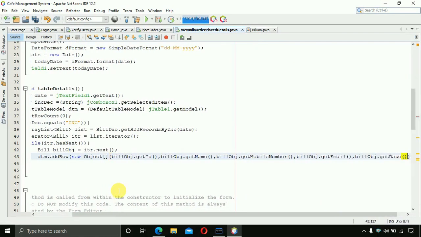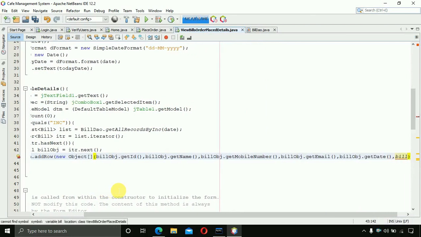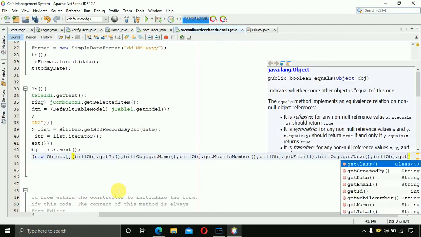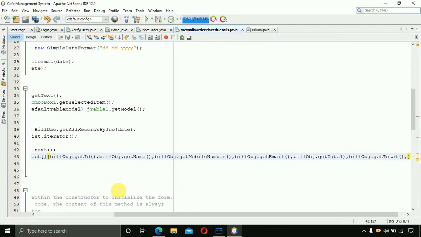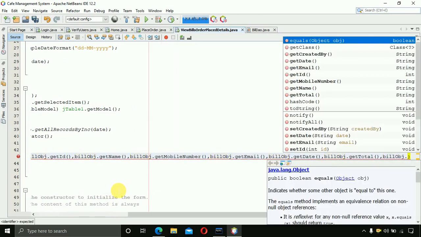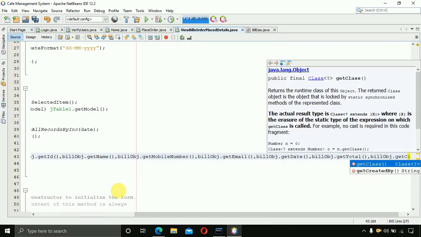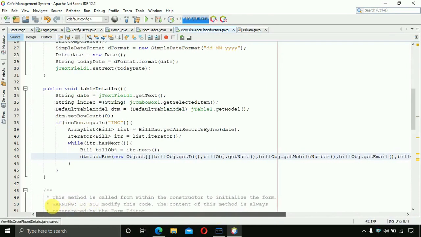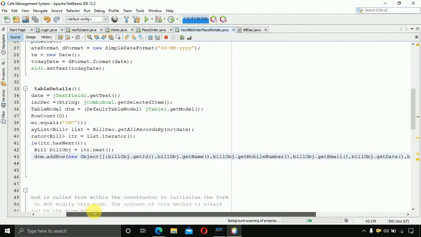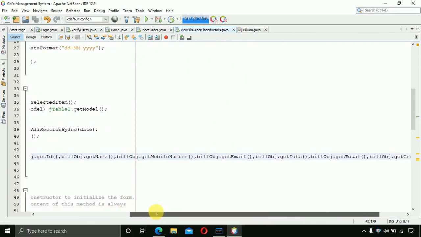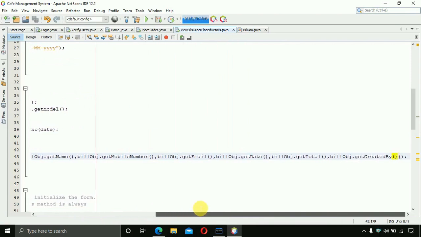So date, billObj.getTotalAmount, and billObj.getCreatedBy, this one. So let me show you the complete line. So dtm.addRow new object bill get id, get name, mobile number, email, date, total, and created by,